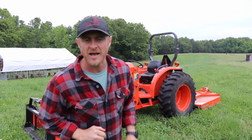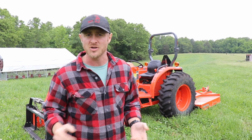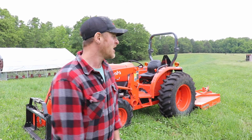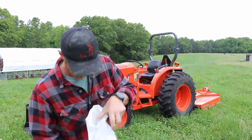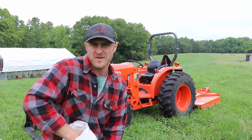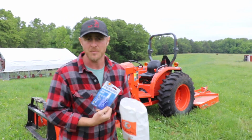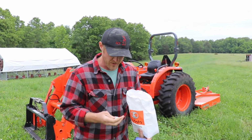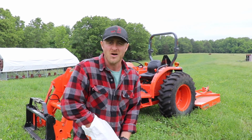All right, so here's what I have going on. I've got the tractor behind me. I only have about an hour before it starts raining, so hopefully I can get this knocked out. We've got our lugs after 2 different towns and 4 to 5 different stores. We got some Loctite with the blue so that we can actually get them off. And I've got all my replacement lugs and lug nuts. So now I got to put all these on, and then